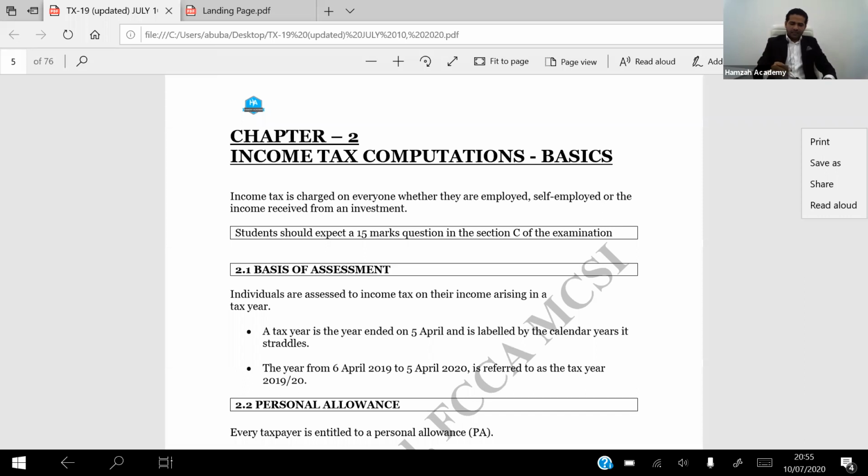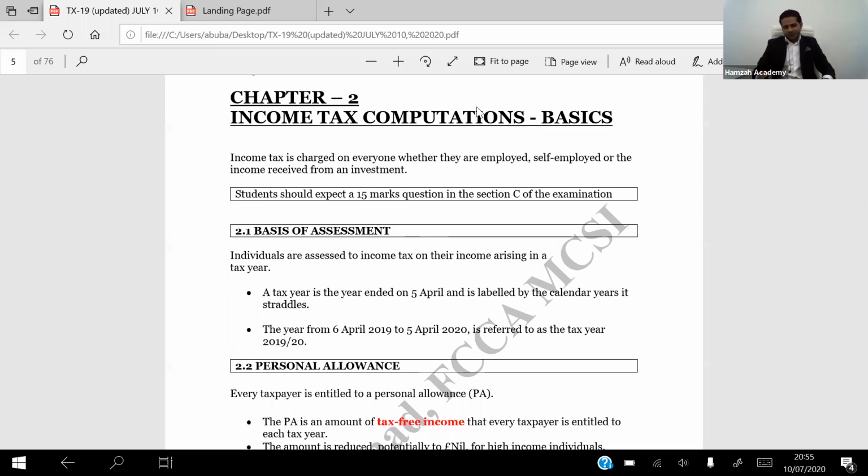So this part is actually the major portion of your syllabus, income tax computations, the basics. Now, before we start this part, I just want to make sure that you know that this is that area which can be tested in maybe 5 of your multiple choice questions in section A, maybe one, not maybe, potentially